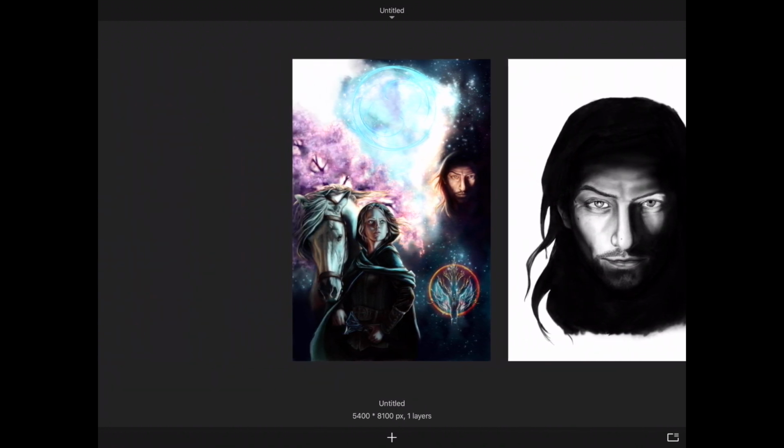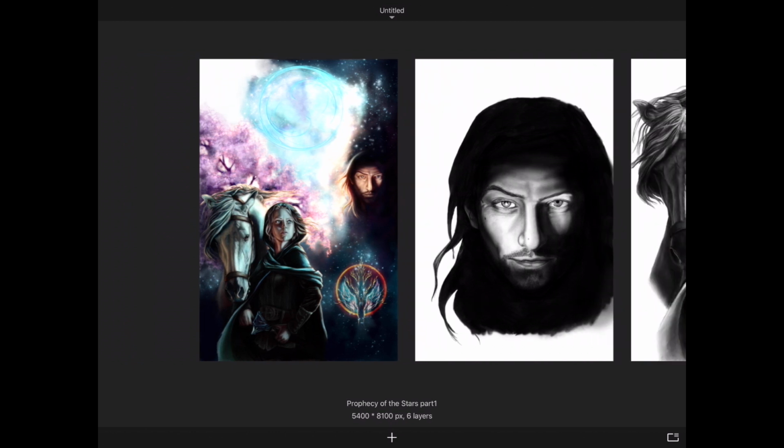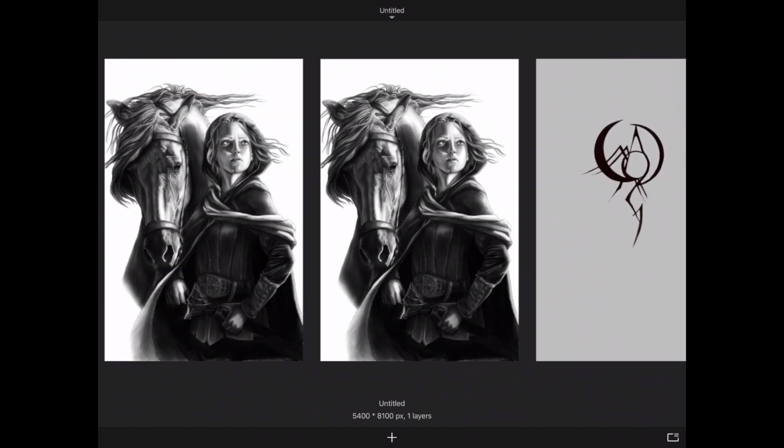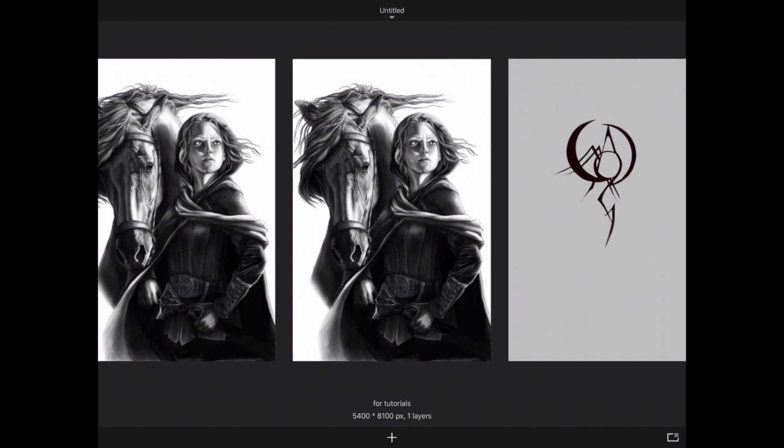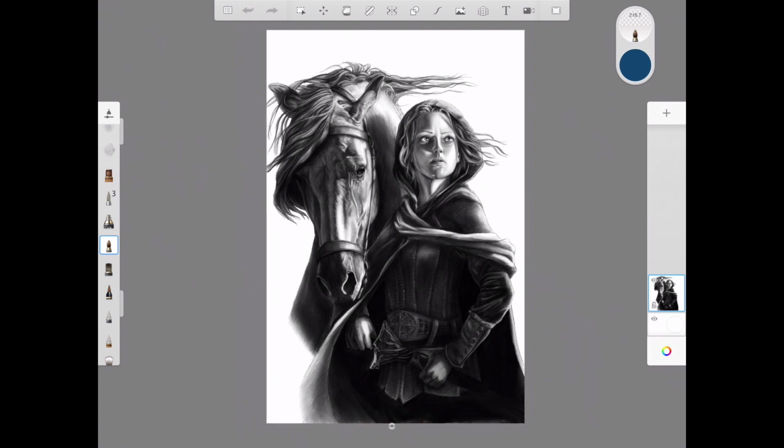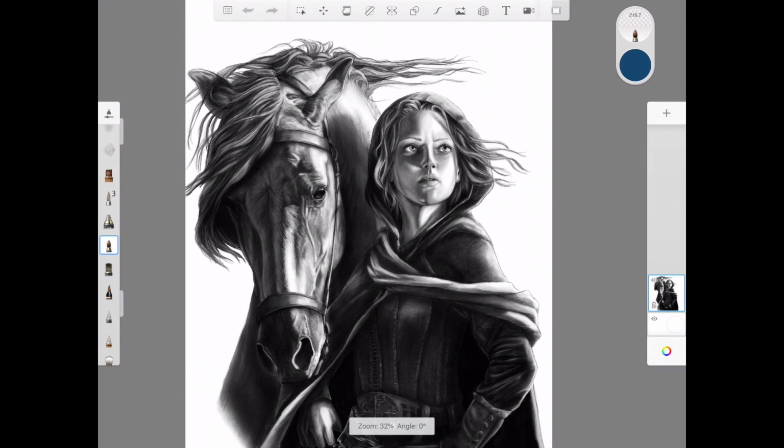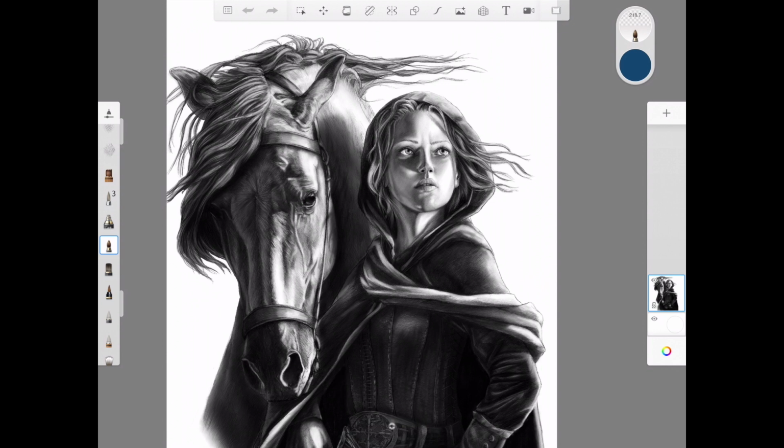That's actually what I did with this other image. I did two separate pictures. I did this one with the horse, I did this guy here, and then I started putting them in here, and then I painted them with the color. And actually he was a little bit bigger, and then I didn't like how big he was, so I made him even smaller. But you don't want to do that too much. So that's why I did separate images and then copy and paste them into a new document that will be the final document. The reason you have to be careful with resizing your finished drawings, I will show you why,